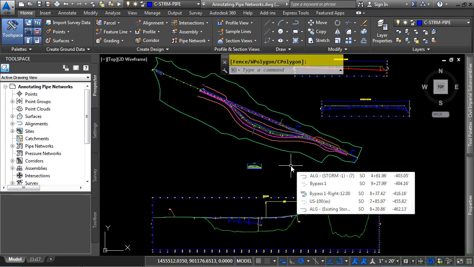In this video, we will discuss annotating pipe networks. If you'd like to follow on with this video, please open the file annotatingpipenetworks.twg located in the training folder as discussed in the Working with this Dataset video. Civil 3D provides many ways to annotate your pipe network objects in each of the different views, which are plan,